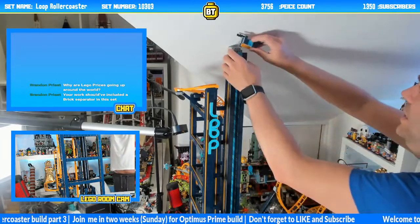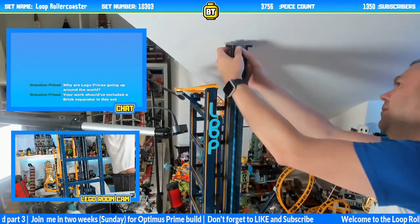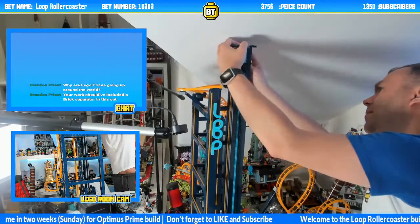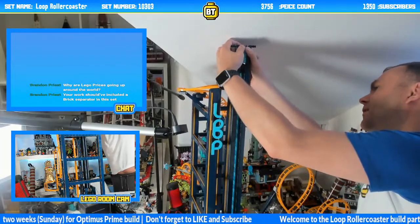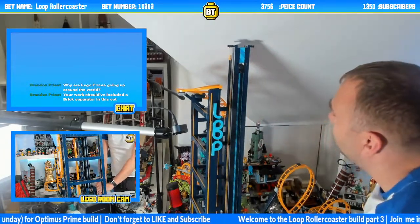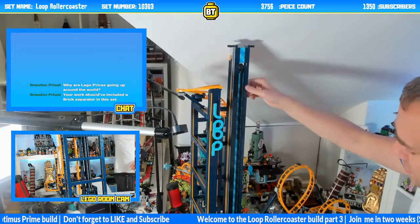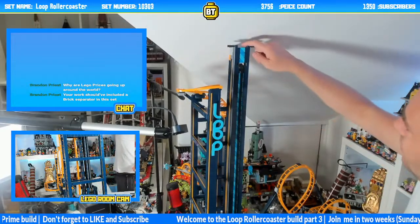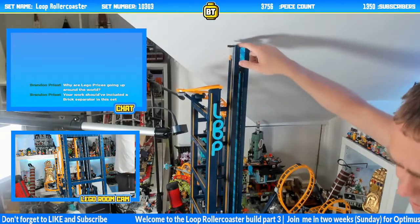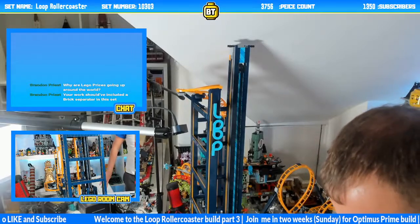Like this, I see. So it actually goes in that way. And then we can attach that to this grey piece here. There we go. So now, move it over a little bit because it's a little bit of tension there. Now that's positioned together, so this doesn't move now. So it's stuck into the bottom and it's stuck at the top here, and there's some pins here where we're going to be able to attach something else in a moment from the mechanism. So let's just go back to the zoom mode because we're going to be building